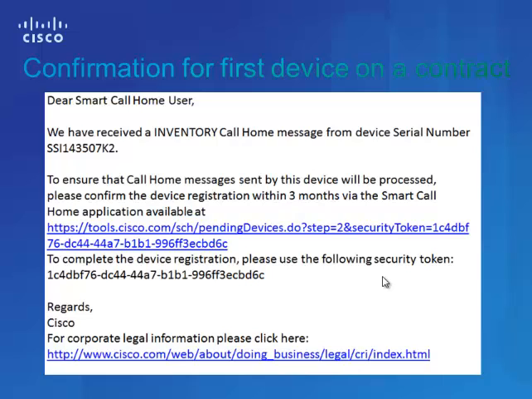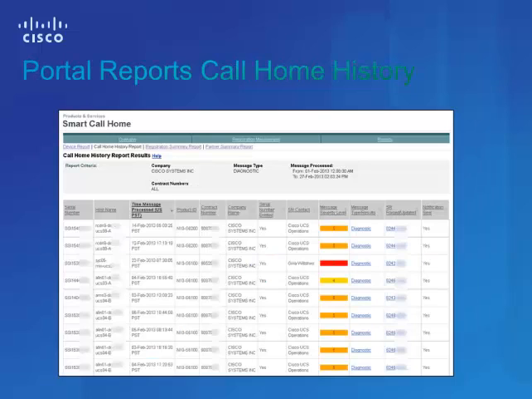Basically, that is the first welcome message from the Smart Call Home team to welcome you into the contract by registering this particular device onto the Smart Call Home portal based on your contract ID and customer ID, etc. The next thing I wanted to quickly show is the portal reports on Call Home history.